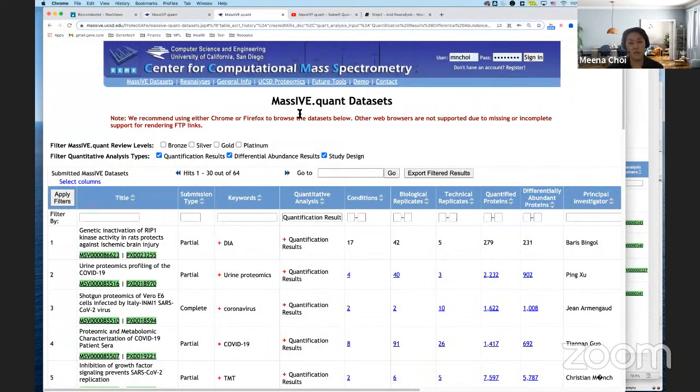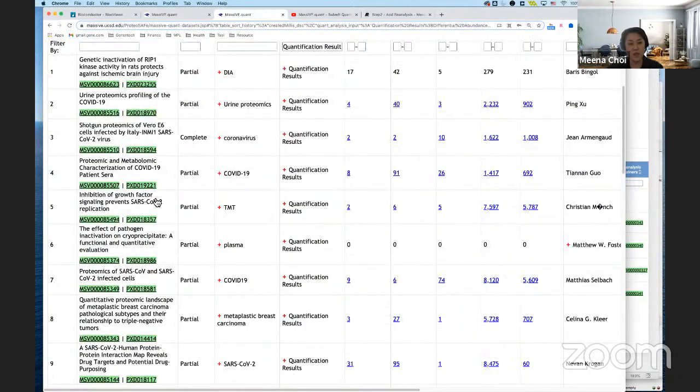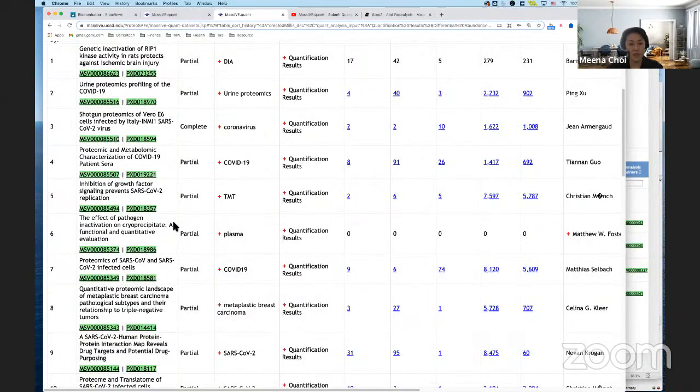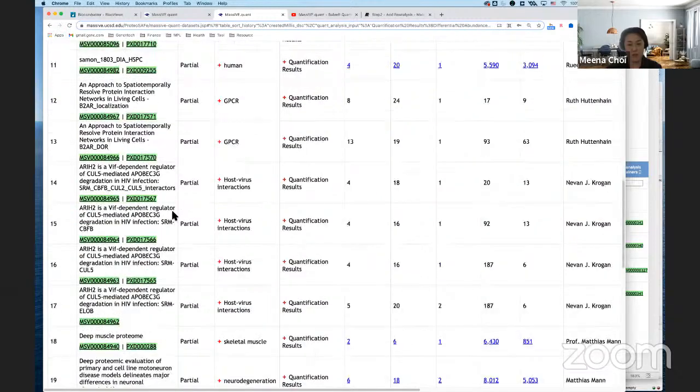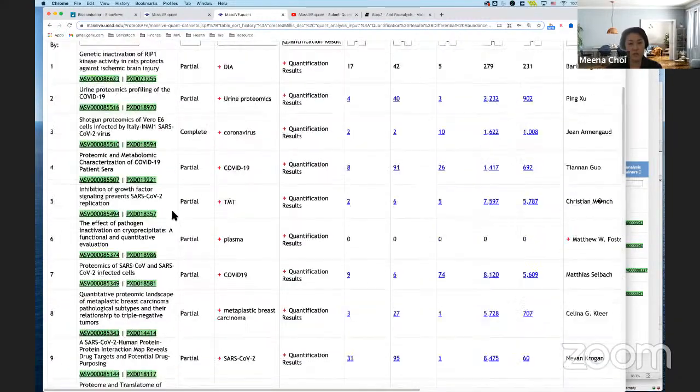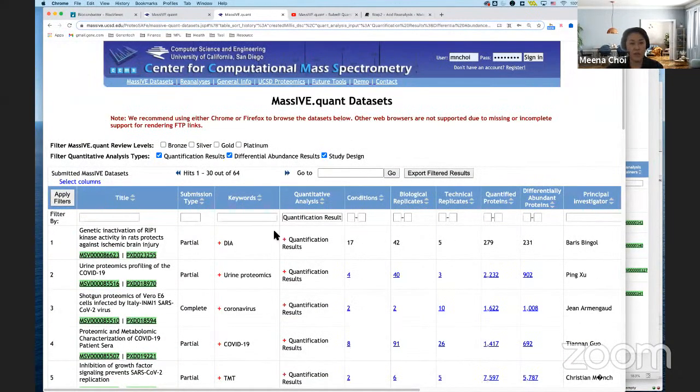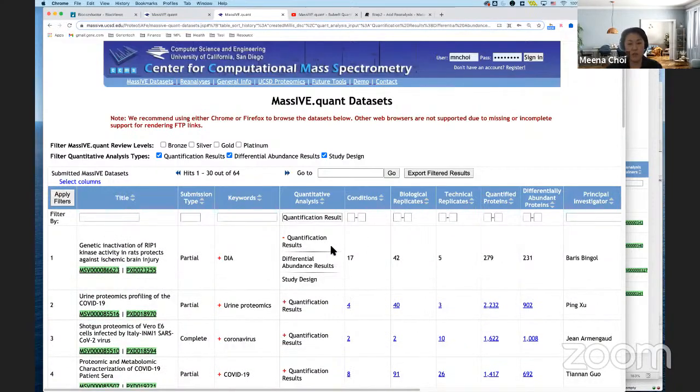So this is how it looks like. So MassQuant data, there's a big table to list the whole data set which satisfies the requirement for MassQuant here. So you can see the whole list of the tables, right? And how we can make your data set available in MassQuant is if you have the quantification data result,